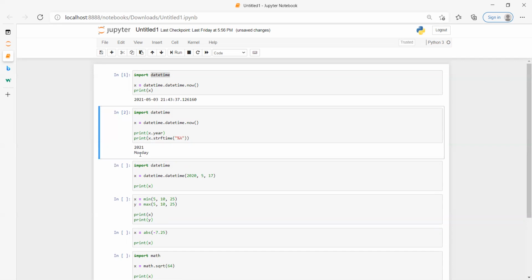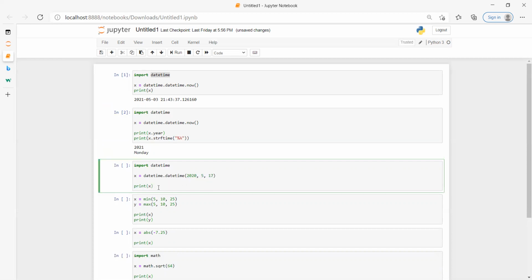Now, if you are getting some input in terms of year, month, and date, and you want to convert it into a specific format, suppose I have year 2020, 5th month and 17th date.